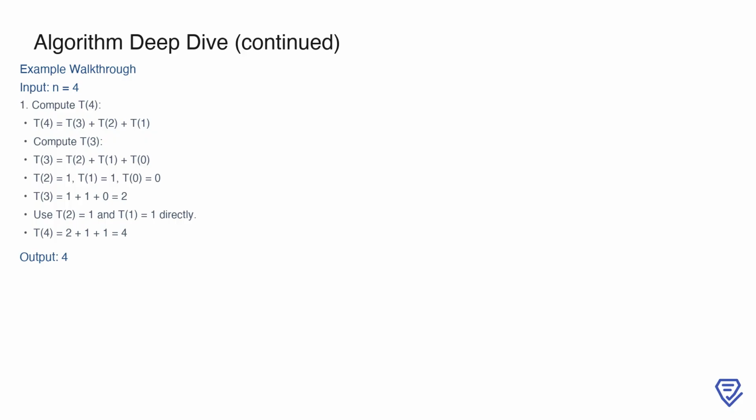For n greater than or equal to 3, the algorithm iteratively calculates the next value in the sequence by summing the previous 3 numbers. The variables t0, t1, and t2 are used to represent the last 3 terms of the sequence, and t3 is used for the current term being computed. After calculating t3, the variables are shifted forward so that t0, t1, and t2 always represent the 3 most recent